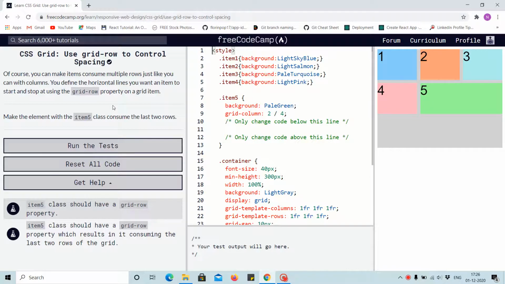Next topic in CSS grid: use grid-row to control spacing. Of course, you can make items consume multiple rows just like you can with columns. You define the horizontal line you want an item to start and stop at using the grid-row property on